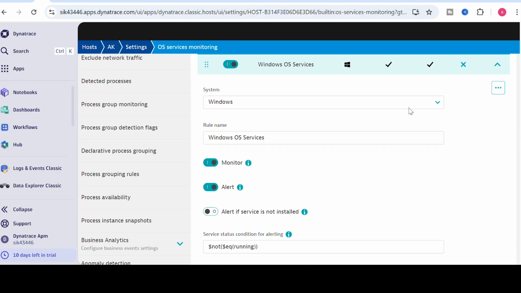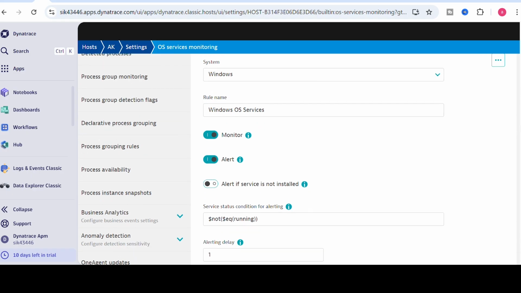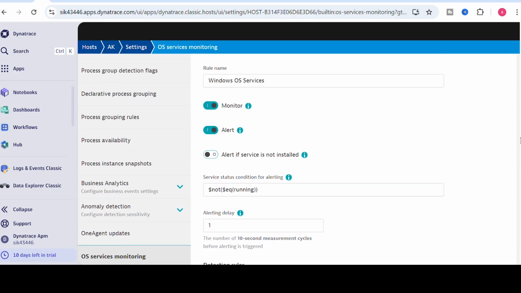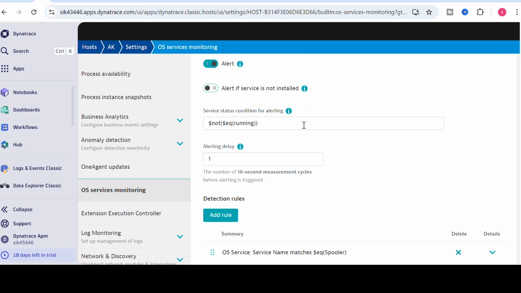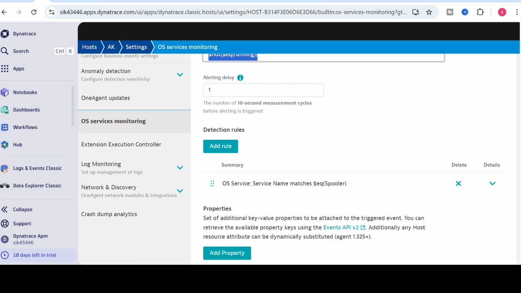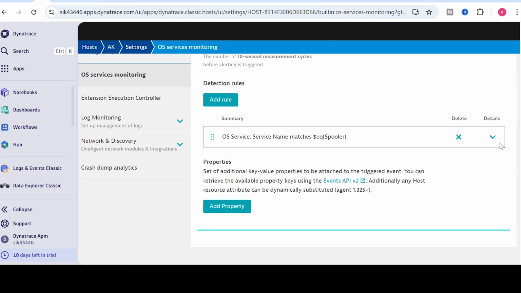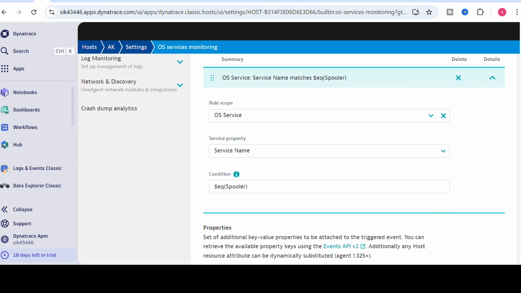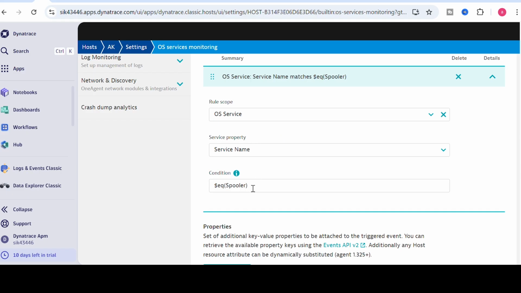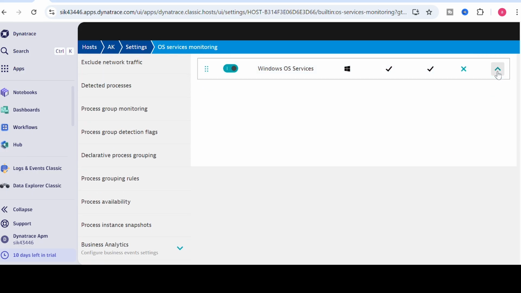From here, we need to select the OS, like Windows or Linux, and the rule name should usually be the service name. This condition is there by default, so we need not change anything here. We just need to add a rule, which was added here, as you can see. The rule scope is OS service, the property is service name, and for the condition we just need to add the name of the